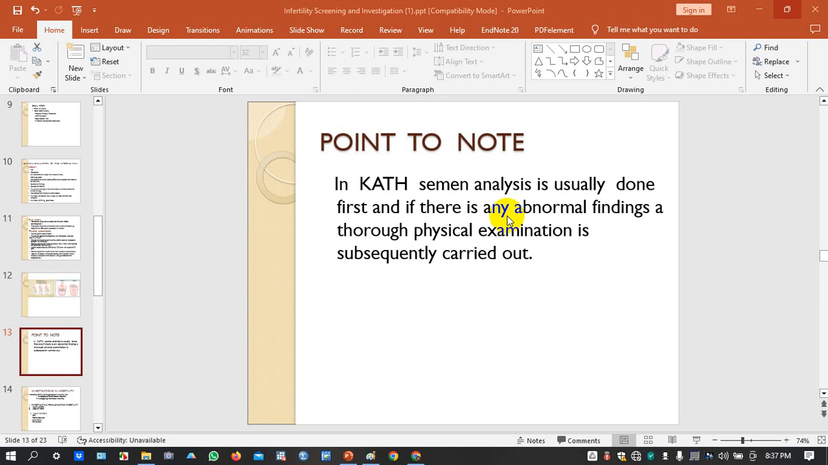So, like I said, in Infertility Teaching Hospital, semen analysis is usually done first, and if there are any abnormal findings, a thorough physical examination is subsequently carried out. So if there is low sperm count, then we have to do Valsalva maneuver to find out what is happening. Okay, so